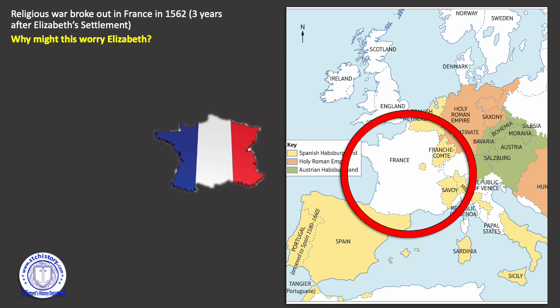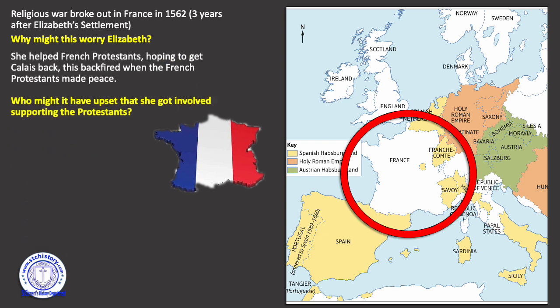Alright, so I suppose the most obvious reason why it might worry Elizabeth is it could inspire rebellion in England as well. So the religious people in England who might be ready for a bit of a fight, they might look at France and go, yes, we want that here too. They may even get support from France, from Elizabeth's enemies. I don't know, it just might trigger a similar event in England. Maybe with Elizabeth not being so harsh in enforcing the settlement might mean the people are less willing to attack her and follow this suit. But that's the worry that it might happen in England.